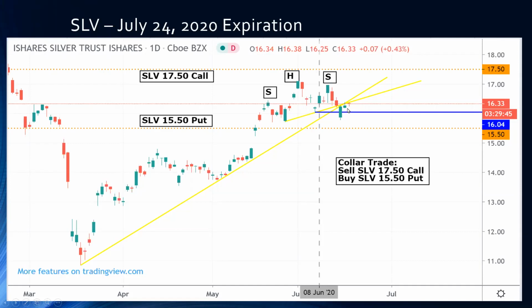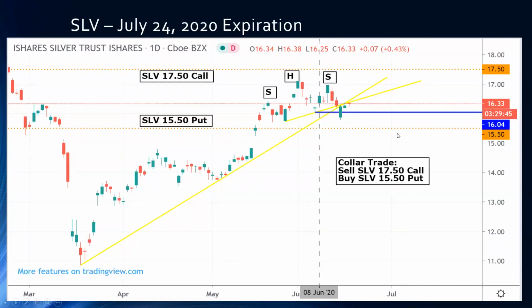Remember, there's a discrepancy I mentioned between the futures and the cash? The futures was still on or above that line, but the cash, which is indicative of the ETF, was already below it and trading below it. So that means that the collar trade is a plus, for the same rationale: you want to be long silver, but you're looking for a short-term correction. There's a gap to be filled here on the ETF. It wouldn't, like I said, get down to say 1550, even down to 1450, get a nice little bounce, stabilize, and then there you go.